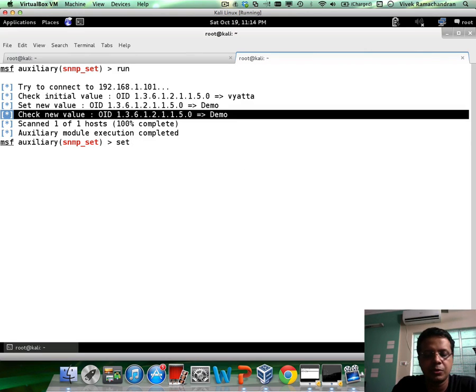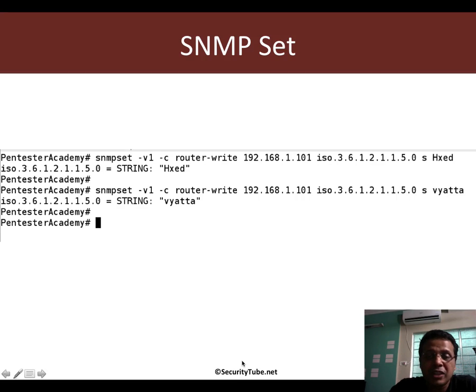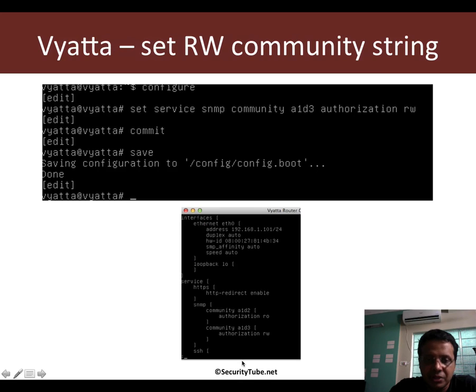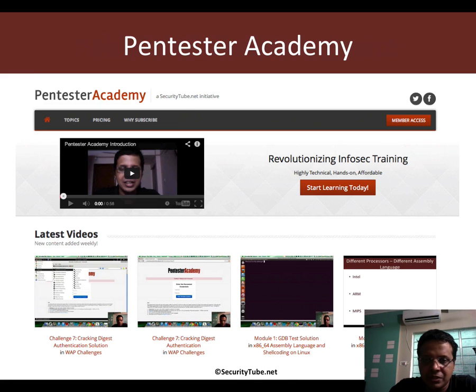So let's set it back to Vyatta. Run this again, and there we go. It's reset back to Vyatta. So this is how, using Metasploit, you can also set configuration values, etc. using SNMP once you have uncovered the read-write community string, right? So SNMP translate, all of these are also there in your slides. SNMP set, something we've looked at,